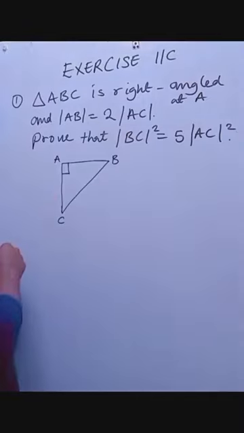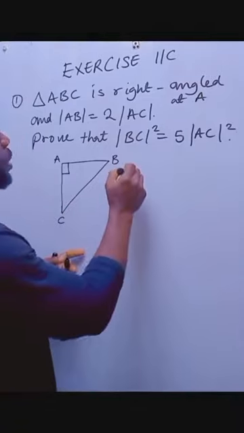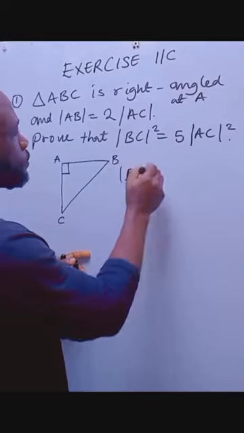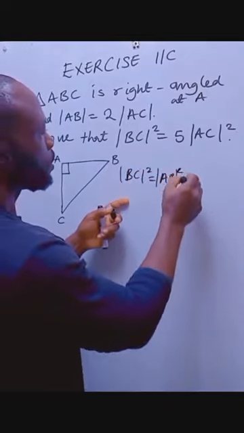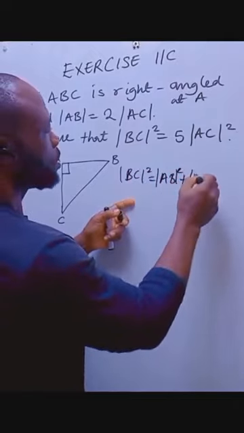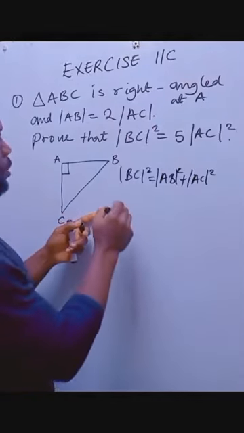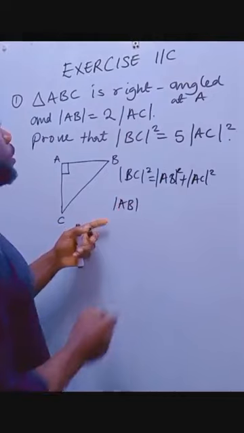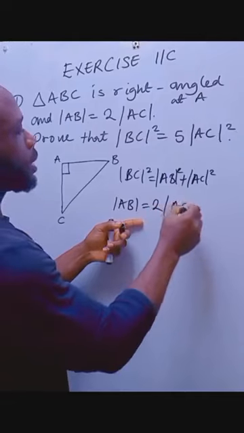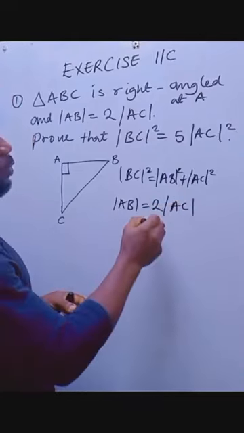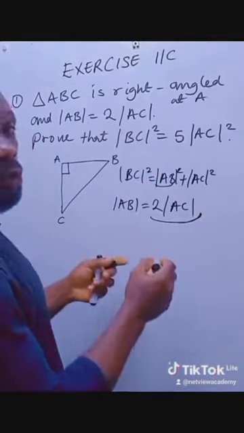Therefore, if we apply Pythagoras theorem, BC squared is equal to line AB squared plus AC squared. In the question, AB is equal to 2 multiplied by AC. Therefore, if we put this value in place of AB in the Pythagoras equation,